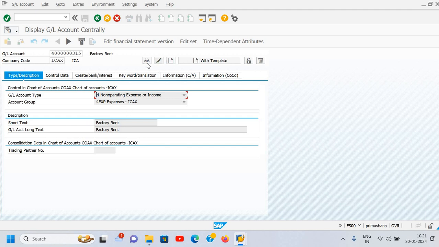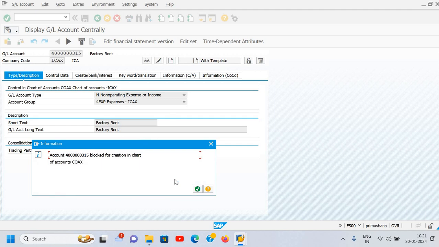Now next, this is the button, display. This is change. This is create with template. That means copy. It means copy. If you are going to copy,